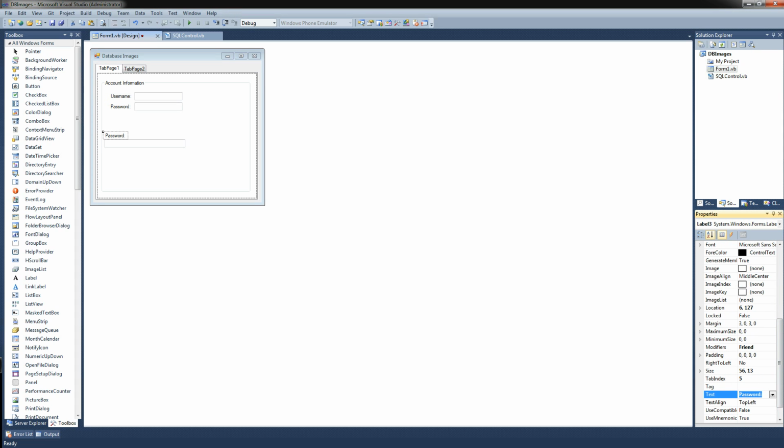The reason I don't usually rename my labels is because the only time I rename the controls is if I'm actually utilizing them in the code. So in this case, I won't be changing these labels here, so I'm not renaming them. Just leave it as label 1, label 2. Here I'm going to say email address,